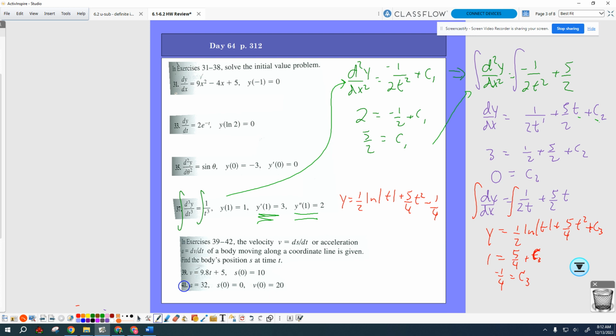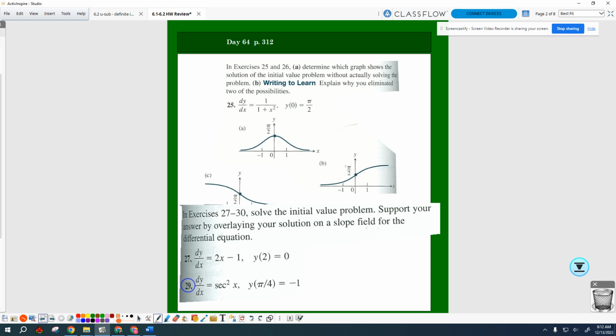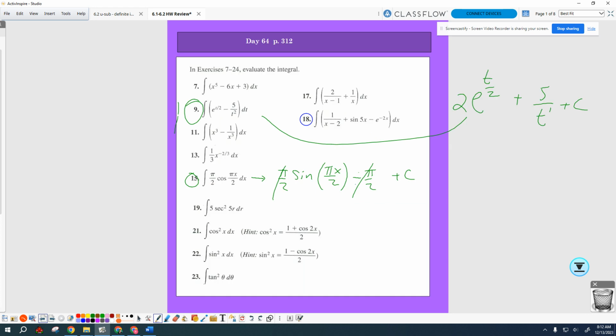Okay, yeah. For number 19 on this, it's the integral of 5 secant squared 5r, and I'm just wondering, with the text, I'm thinking you have to divide by the 5 in the front after you get the 5 tangent 5r, similarly to how you have to do cosine or sine of 5x or something like that. What are the situations where you have to divide by the